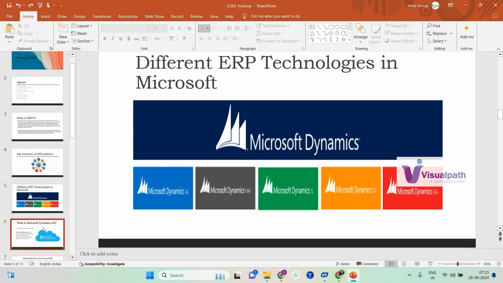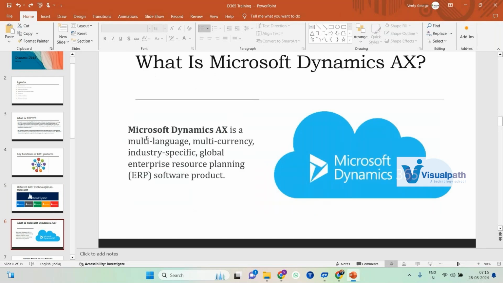So our product is D365 F&O, correct? Yes. So, what is Dynamics AX? AX stands for Axapta. This Dynamics AX is used only by large companies. For example, if you manufacture plastic material, such companies can't even afford this product. The cost is around 50 lakhs or more than 1 crore or 2 crores. That's why I'm saying large-scale companies will use